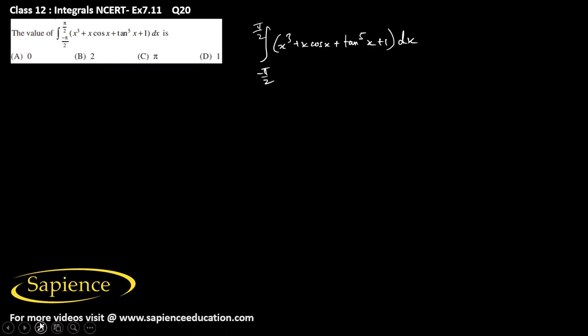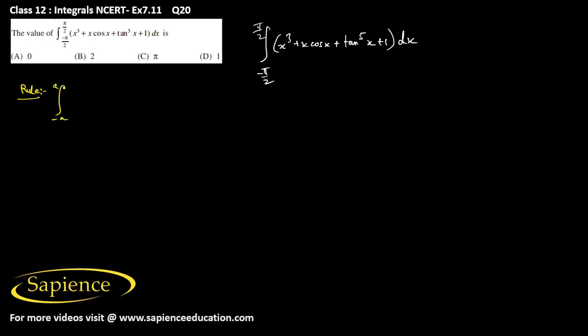So here we are being asked to integrate the function x cube plus x cos x plus tan power 5x plus 1 into dx from minus pi by 2 to pi by 2. Now the rule which we have to use here is that